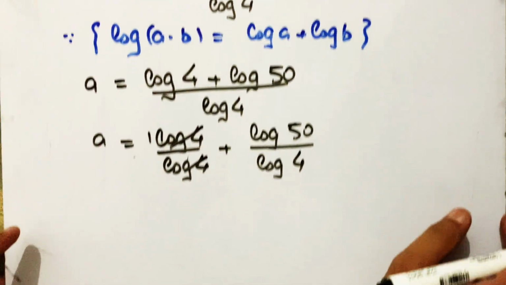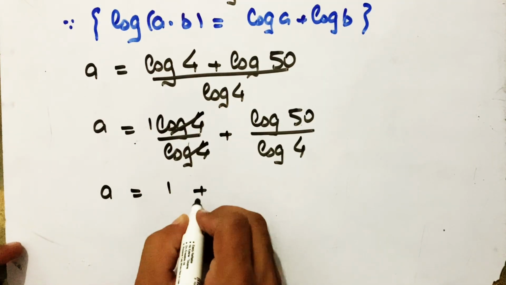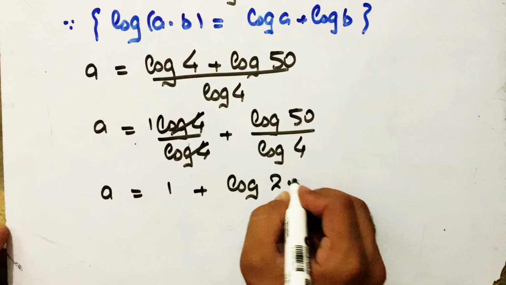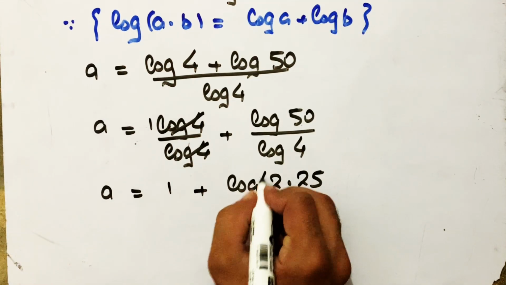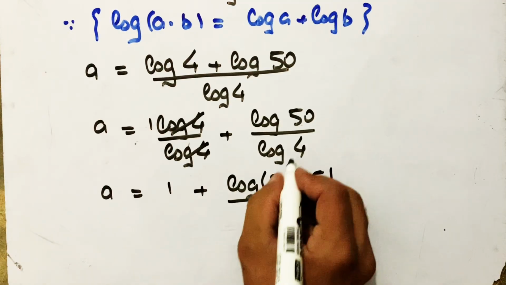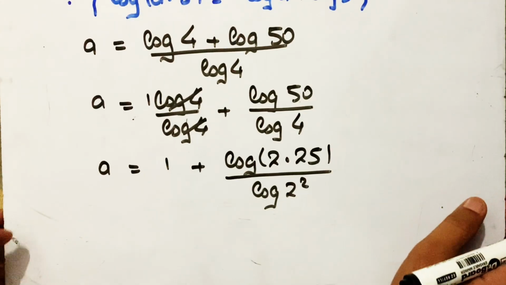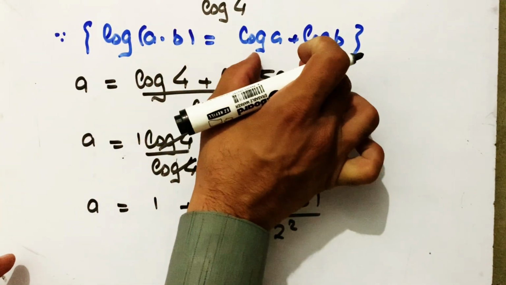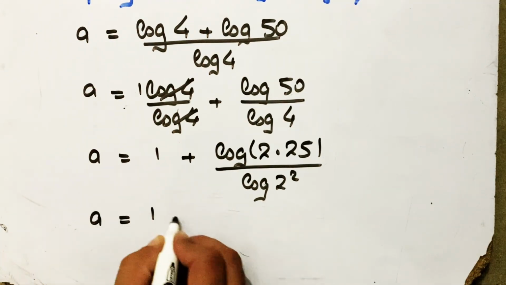This means a is 1 plus log of 50, which is 2 into 25, and 4 is 2 square. This is again the product rule, so we got the value of 1 plus